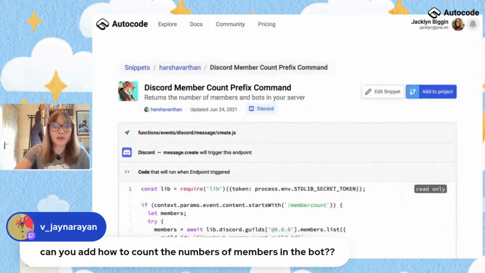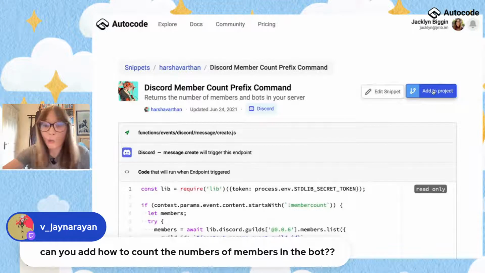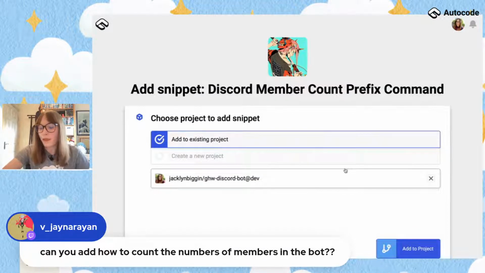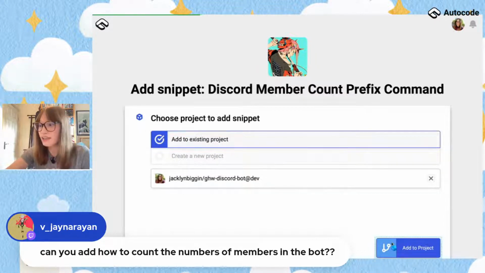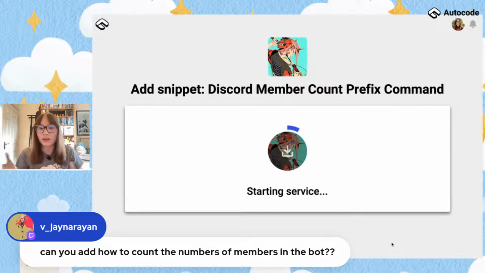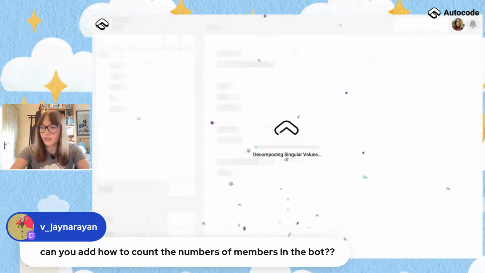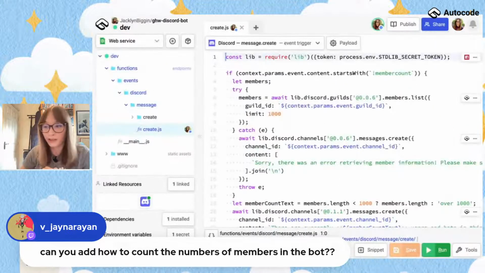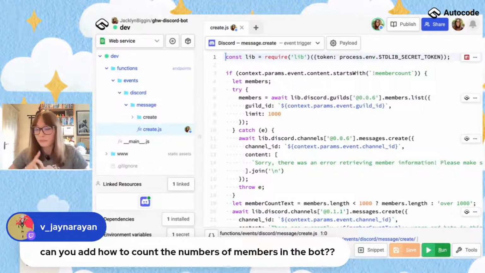Yuval, can you make a music bot? Really, really good question. We actually have a full guide on how to build a music bot. Now, the thing is, building a music bot takes a long time. And in the space of this stream, I don't have time. But if you head over to youtube.com/autocodetv, I'll link that in the chat. We actually have an entire series on how to build a music bot. So you can check that out, and that'll give you everything you need to know.